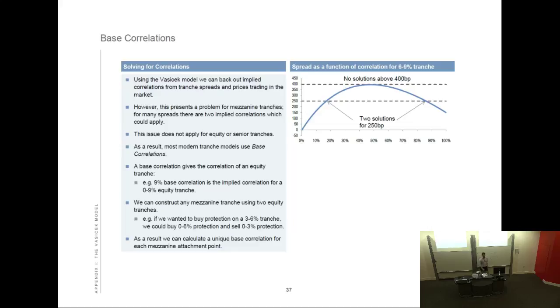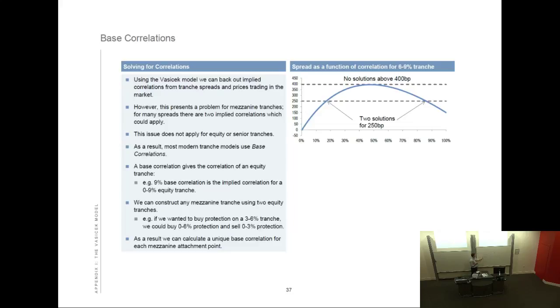And base correlations just reflect the fact that, instead of pricing mezzanine tranches, we'll just price a set of equity tranches. So remember in the main index we have the 0 to 3, 3 to 6, 6 to 9, 9 to 12, and 12 to 100 tranches. Instead of trying to find a correlation for each of these tranches, we'll find a correlation for